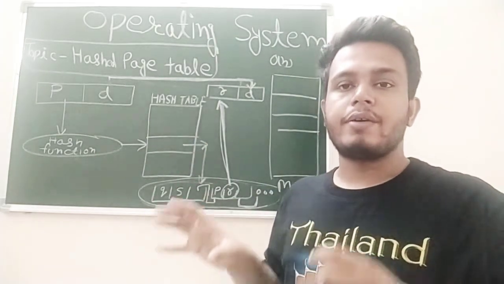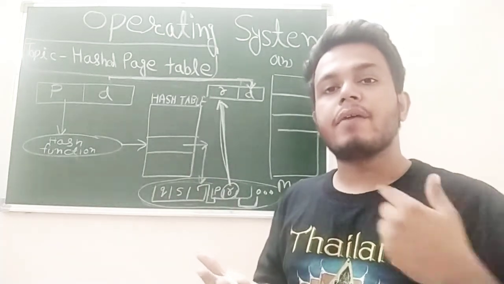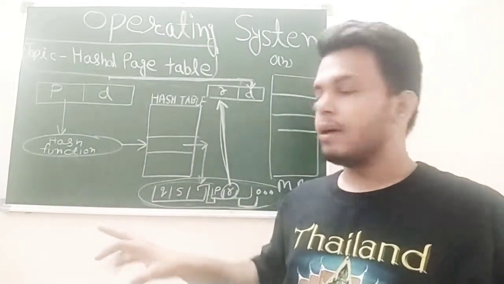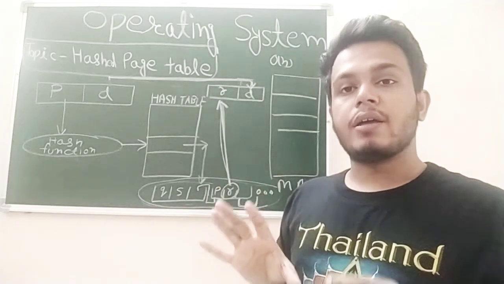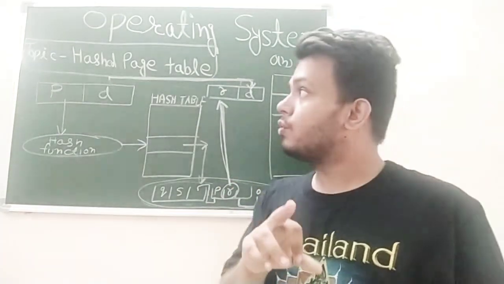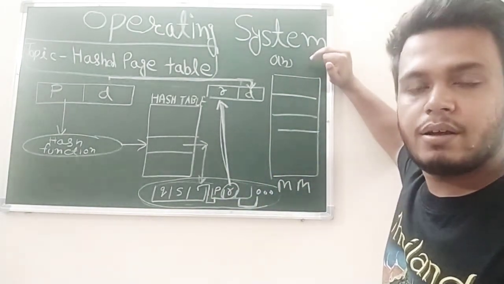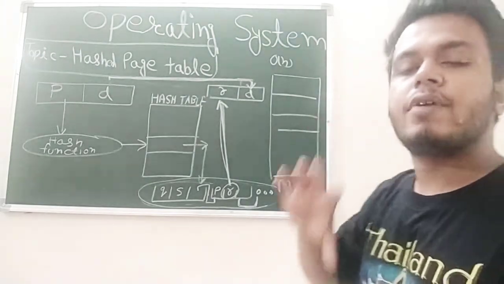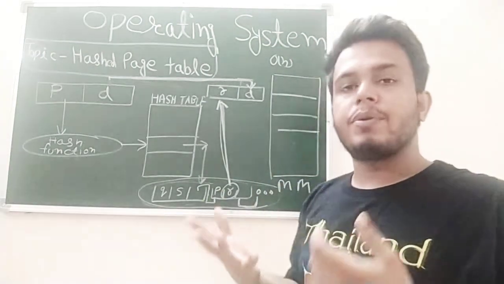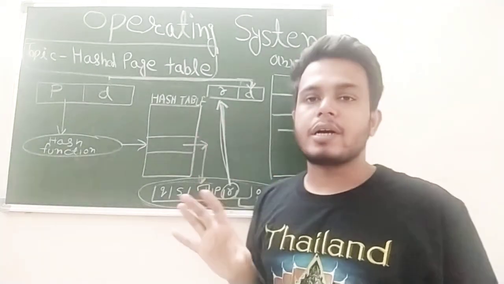What we actually do in a hash page table is simply implement a hash function. Clear? Hash function is very fast because it will give the result in constant time. The time complexity will be reduced to big O of 1 rather than big O of n. That is why it is appropriate if there is a lack of entries in your page table, right? So what is the concept behind it?